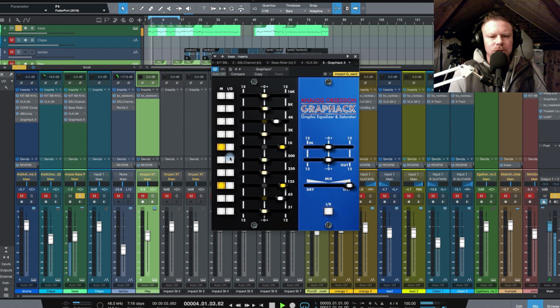See, with the saturation now you can really have a lot of fun with the colour of the bass. Easily A/B what you've done just by switching them on and off. You can blend in what you've done as well with the dry wet slider, which is really cool. Before